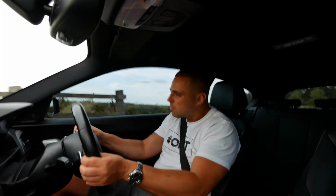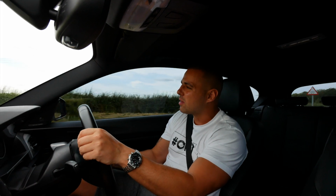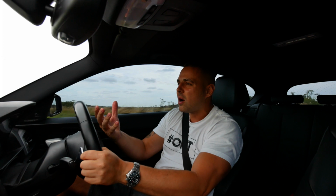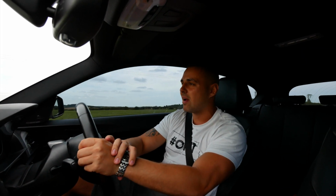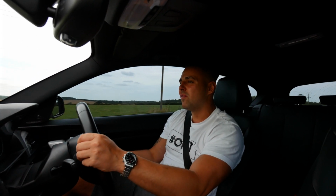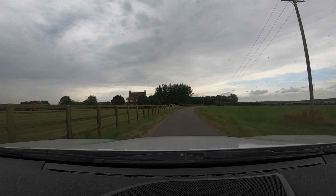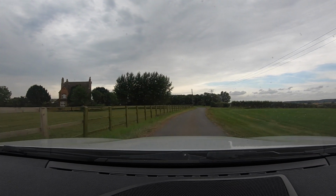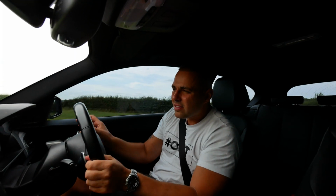I have noticed sometimes, obviously the back end is lively anyway, but sometimes when you're cornering, even though it's got upgraded suspension on it, I don't actually know what suspension it's got yet, because I've got to get it on a ramp and have it properly looked over. And the company that tuned the car haven't yet provided me with the history or the tuning work that they've done to it. So I'm a bit in the dark there, but I'll let you know as time goes on, of course. But yeah, I have noticed as you go around bends, there's a tiny little bit of